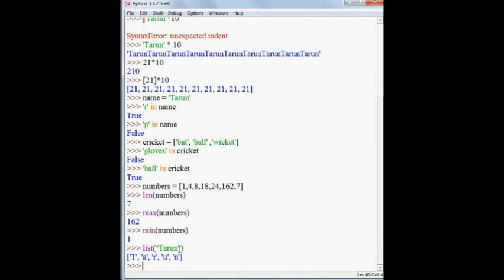You can see that it has converted the string Tarun to a sequence with its elements as individual letters from the string. Now you have converted the string to a list, so you can use all the list functions over it.